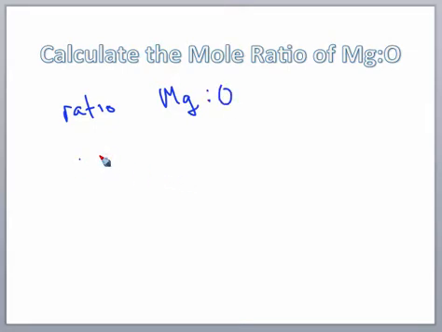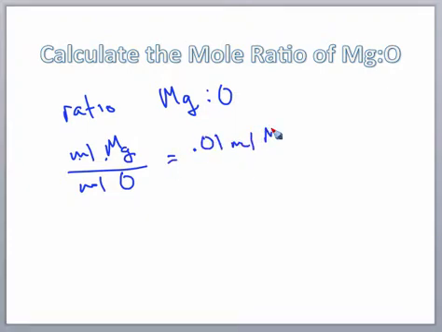So I want moles of magnesium over moles of oxygen. I had 0.01 moles of magnesium and 0.008 moles of O, and when I do that calculation, what I get is